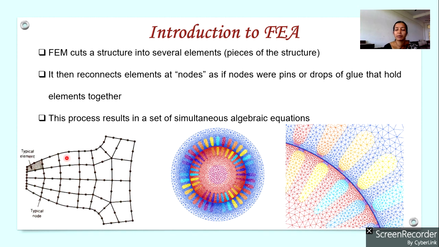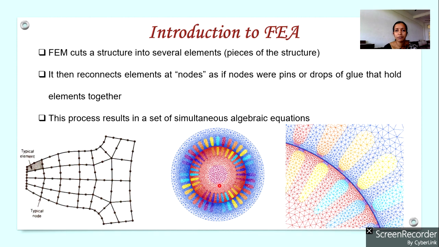So one of the elements is connected to its adjacent elements at the nodal points only. So now after discretizing a structure like this, we can use simple algebraic equations for representing each of the elements of the mesh, or each of these elements of the continuous object. Thereafter we can individually solve each of the equations, and by combining all the solutions we will get the solution to the entire problem.